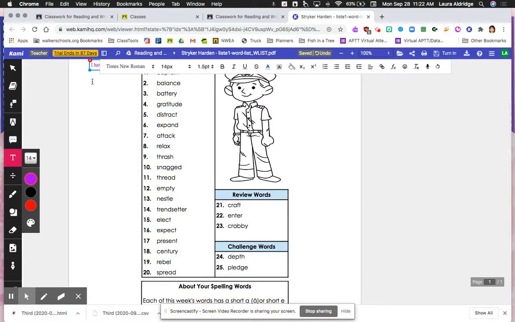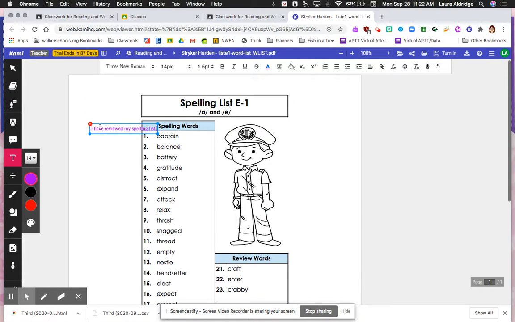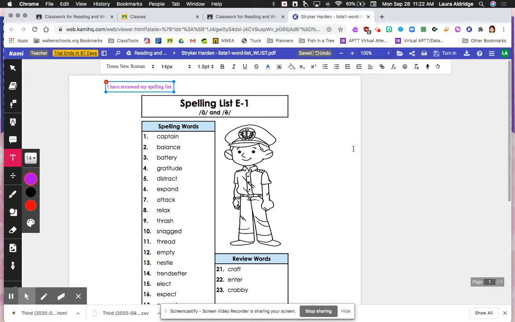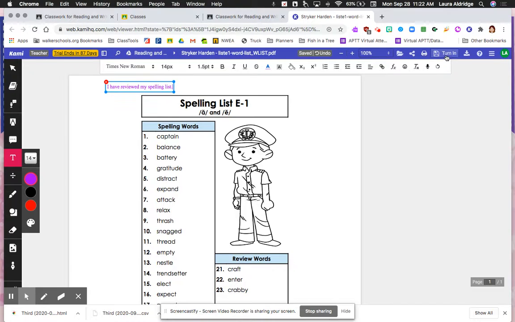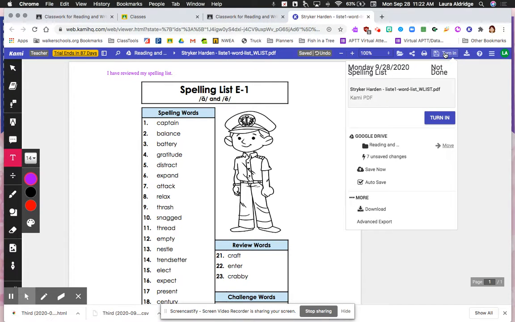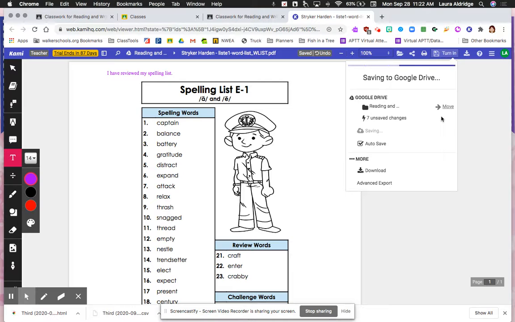And you can move this text box around. Oh, look, we can move this text box. So you can tell me that you reviewed your spelling list. And then right up here at the top of the screen, you see an option to turn in. I'm going to turn this in to Google Classroom, and it'll say Monday, Striker Harden, list, word, Kami. Yeah, we want to turn it in. When you turn it in to me,